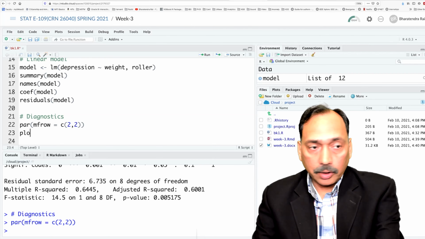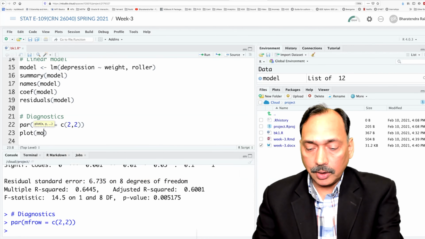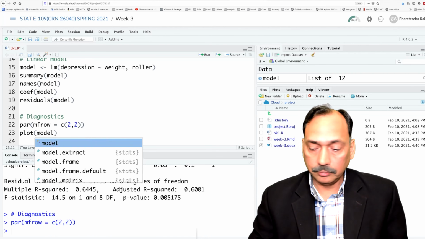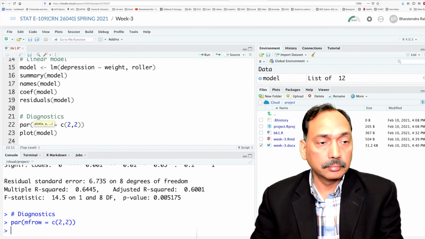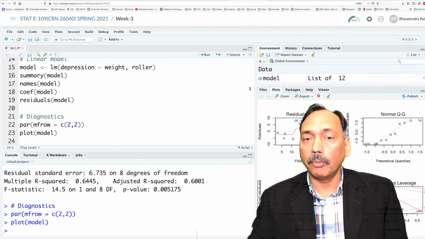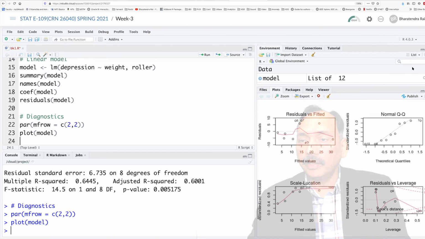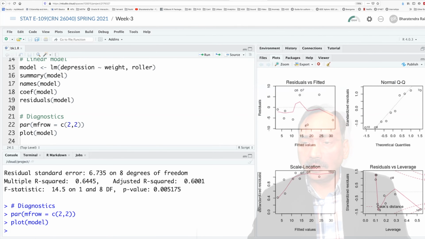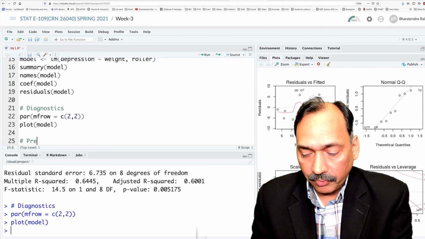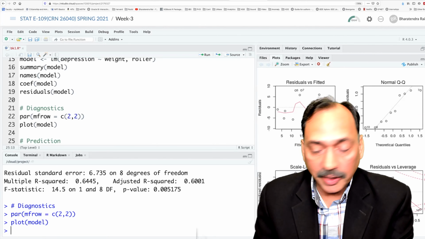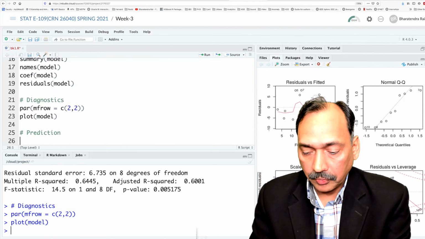So let's plot the model that we created by using plot model, and you immediately get these plots that we had. This is exactly the same plot that I used. When we make a model, sometimes we have to do predictions,